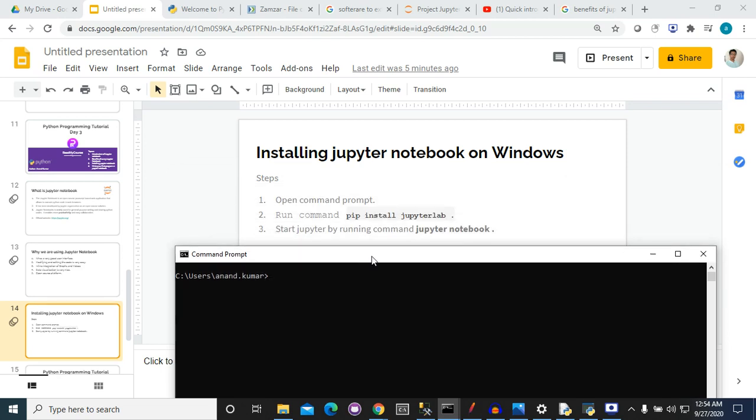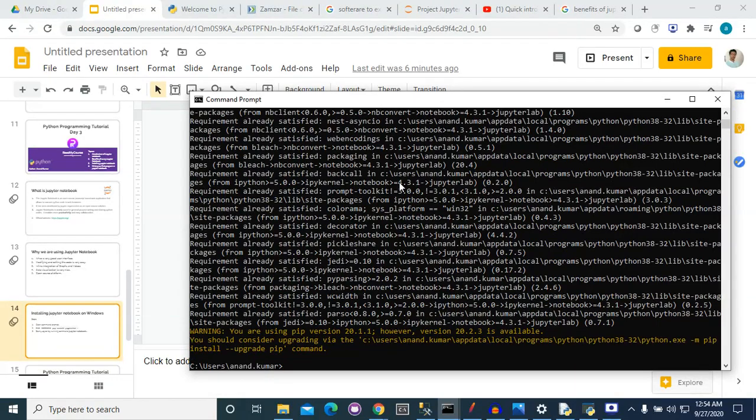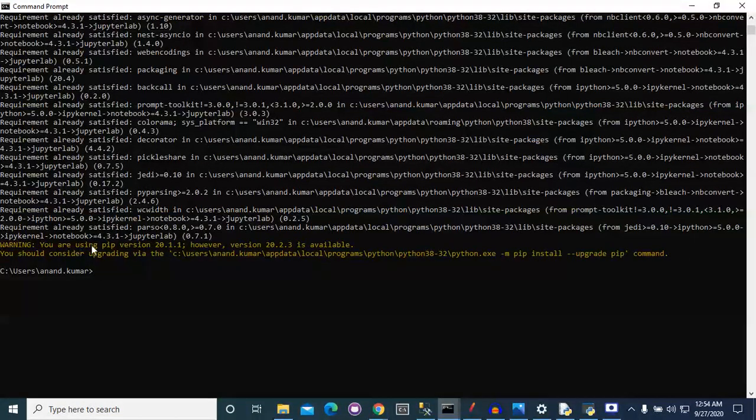To install the Jupyter Lab, we need to run the command pip install Jupyter Lab. Now you can see that our installation has been completed.